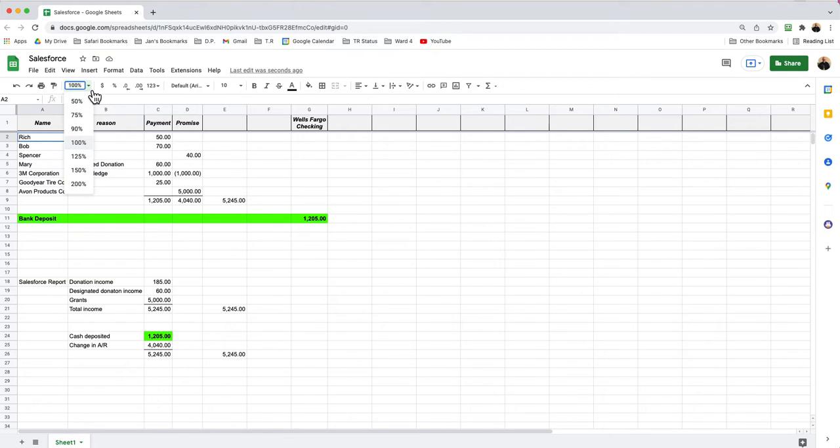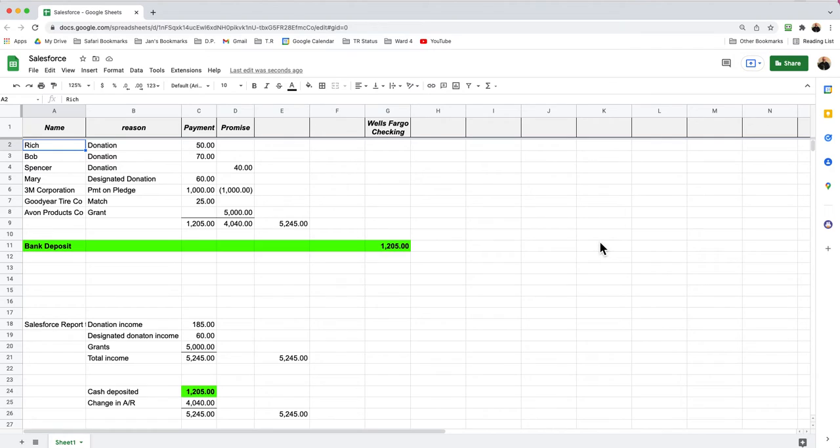This video is to show you how packages like Salesforce, customer relationship management packages, receive data and then transfer that information to QuickBooks in a summarized state. In my example here, Salesforce has received